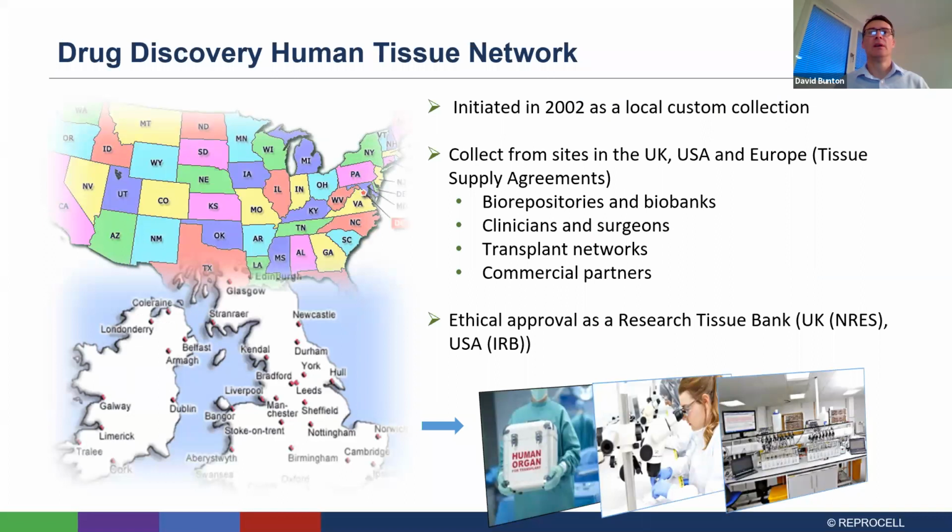One of the key things is to develop a strong tissue network, because without that, you don't really have any way to do any of this research. And that takes considerable time and investment. It's collaborative. It involves building trust, building commercial relationships, but also research relationships. It's not something you can do just locally. It has to be done typically with a number of partners in order to get different types of tissues, to work with different centers of excellence for all different areas of research. So it can be biorepositories, biobanks, maybe relationships with clinical colleagues, transplant networks, other commercial partners who are working in these fields to collaborate together,